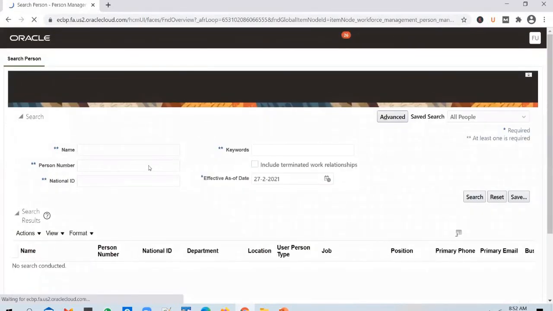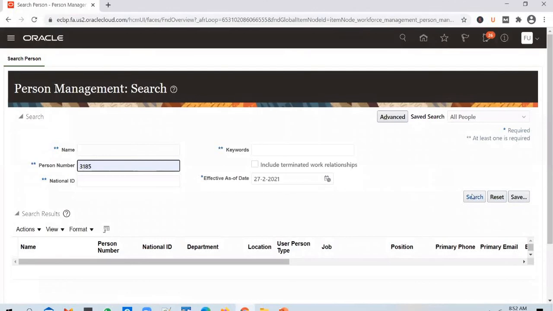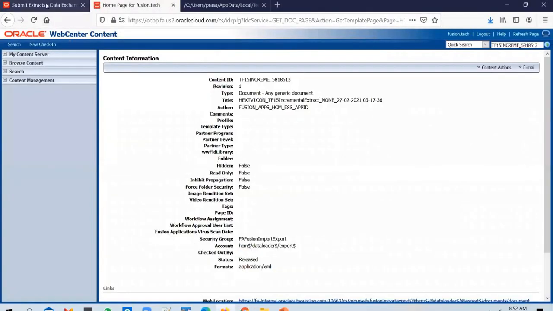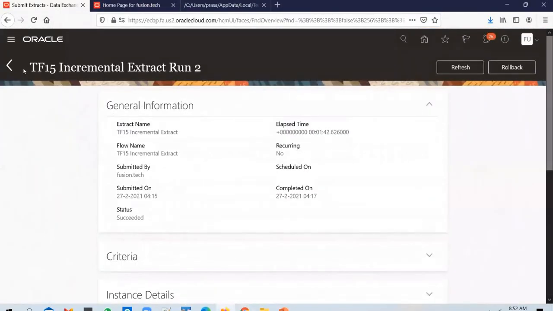And let's search for the employee again and just confirm if the name has been updated or not. Okay, you could see that the name has been updated. Let's go back and run the extract one final time.